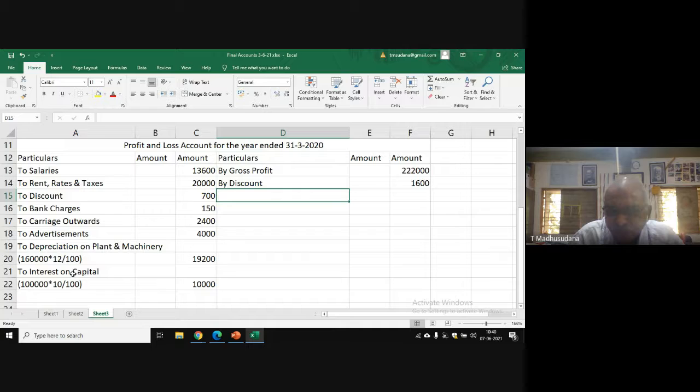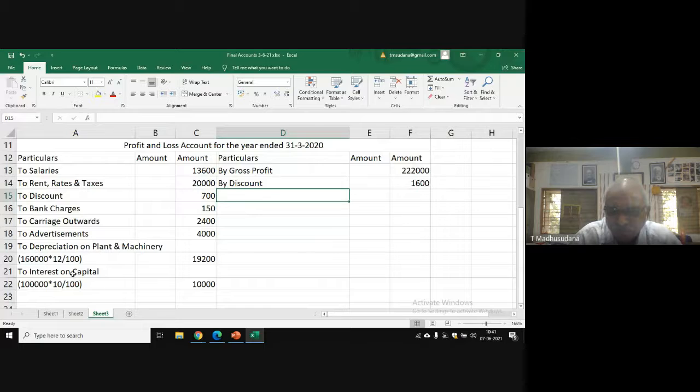So if you compare these two, old provision is higher than the new provision. How much higher? New provision 1,000, old provision 1,050. 50 rupees higher. So since the old provision is higher than the new provision, that higher difference amount is to be shown in the credit side. Suppose if the new provision is higher, that difference is to be shown in the debit side, as we have done in case of the previous problems.